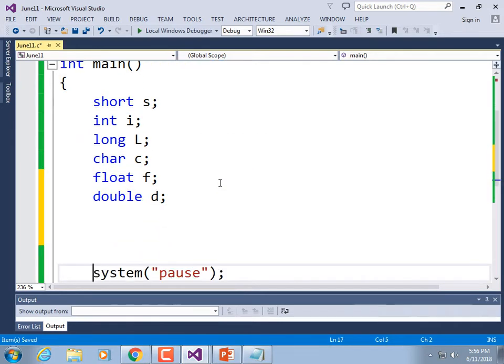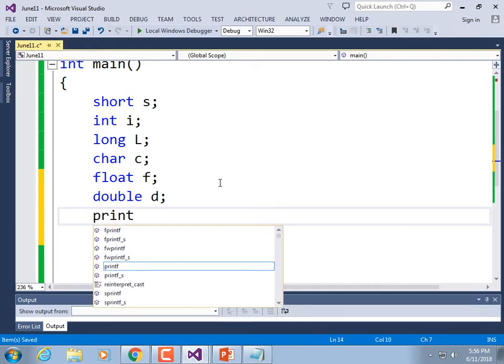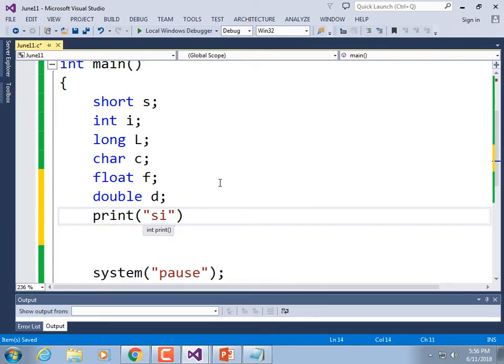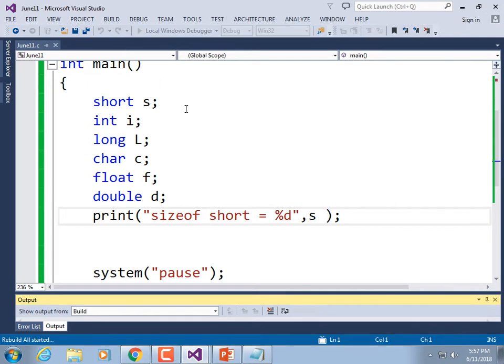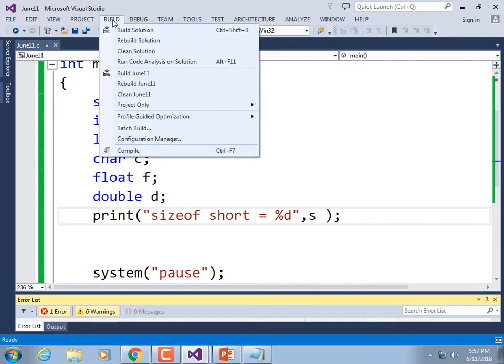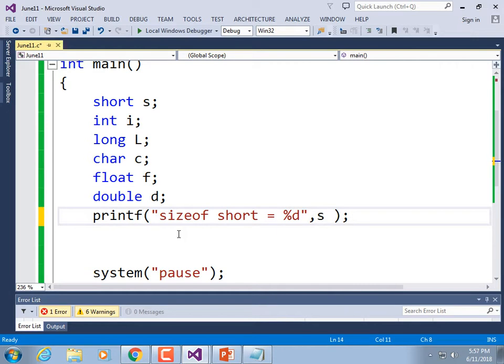All right, let's print out some sizes. Printf size of short equals %d, and we're going to be typing this in over and over, one for each one of these data types. So we're probably going to want to just copy and paste this. But there we go. Let's run it. This is enough to make sure that our code actually works. I'm going to rebuild the solution. Printf, excuse me, that was moronic. Alrighty, printf,